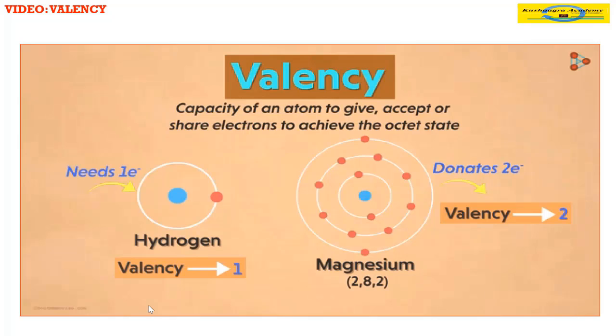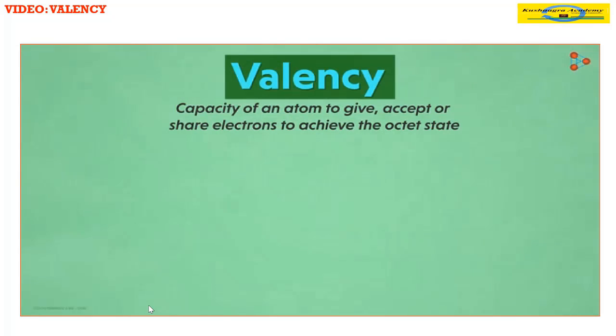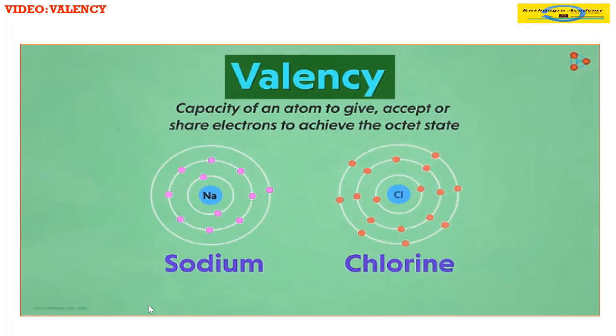Now, to understand the concept better, let's take an example of elements forming one compound. Maybe we can think of sodium chloride. For the formation of one molecule, we need one atom of sodium and one atom of chlorine. What are the valencies of each, by the way? Sodium has the electronic configuration 2, 8, 1, while chlorine has the electronic configuration 2, 8, 7.